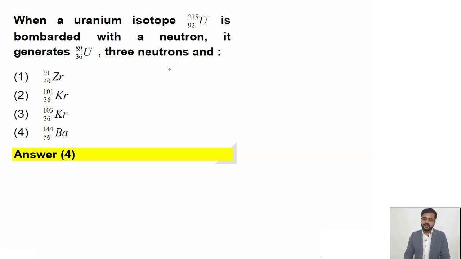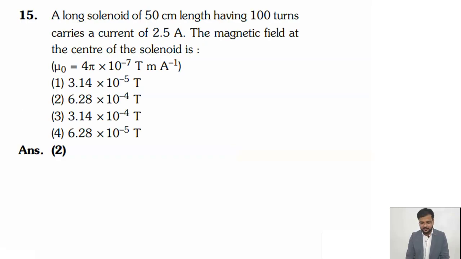This is a very basic question. When it breaks, we will get the 4th option here. So that's why option number 4 is correct here. And you can balance the number of protons also. This is the number of protons. So if you equate the equation, the x and y sides, then you will also get option number 4 over here. Okay, so let's see the next question over here.